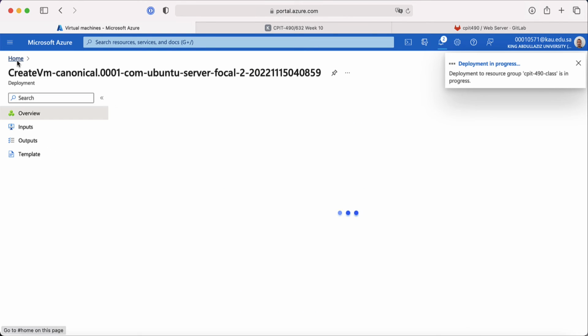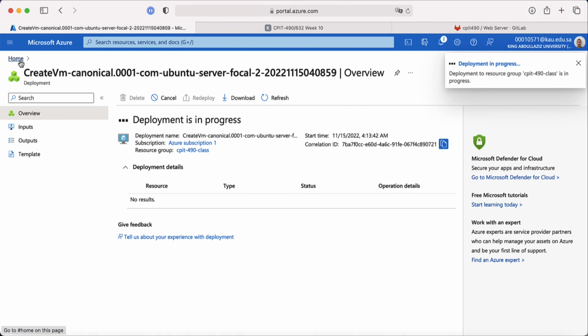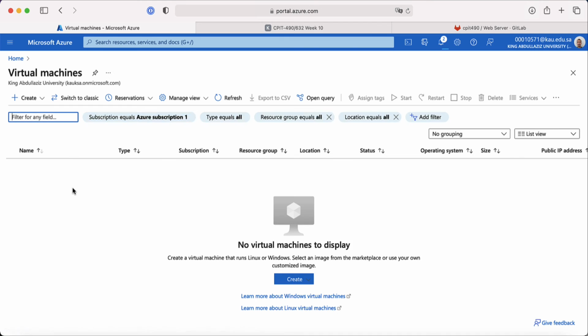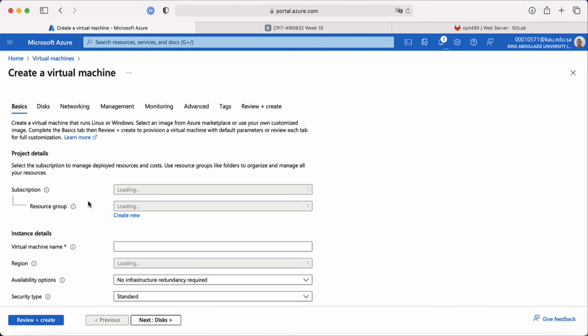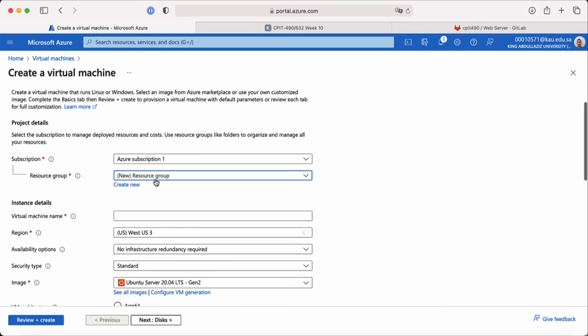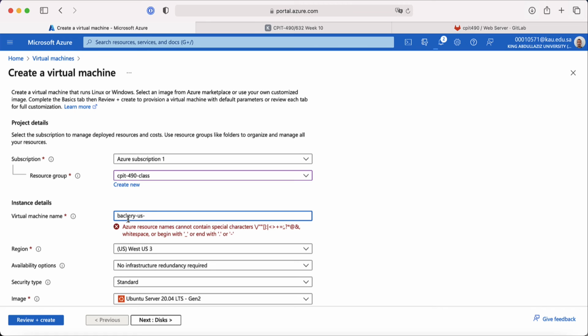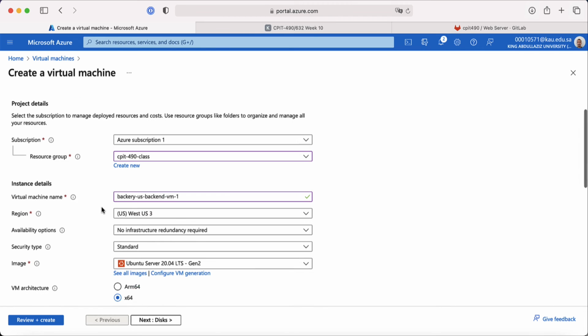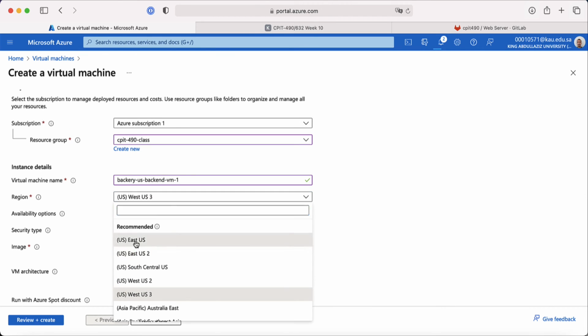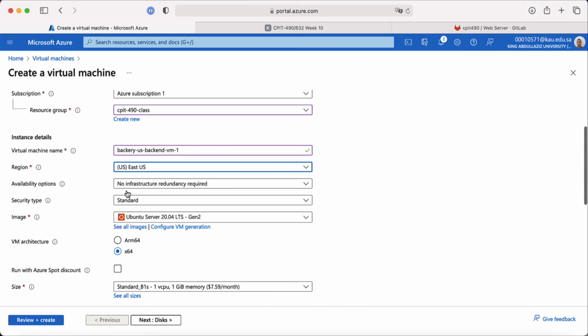So same steps, I'm going to go back to create virtual machine, create a virtual machine, select the resource group, and then give it a name. So I'm going to create a bakery US backend VM1. Alright, we're going to US East, and